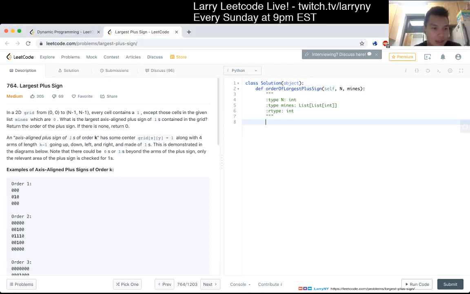In a 2D grid from 0 to n minus 1, every cell contains a 1 except for those cells given in the list mines, which are 0. What is the largest axis-aligned plus sign of 1s contained in the grid? Return the order of the plus sign. If there are none, return 0. An axis of